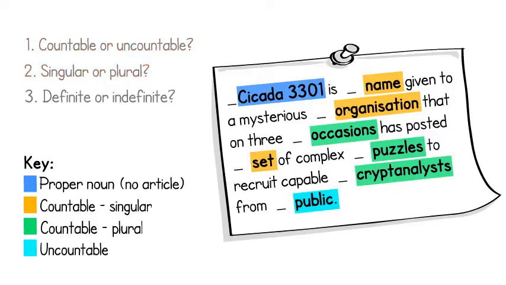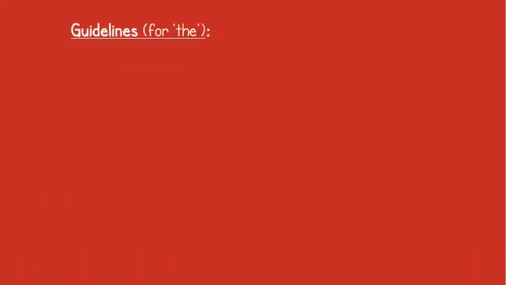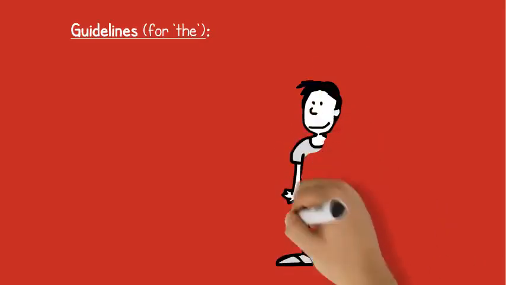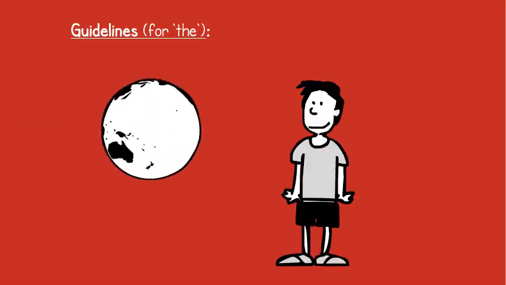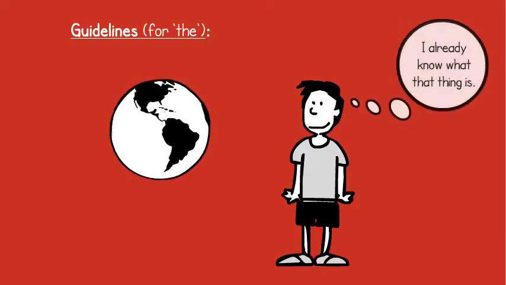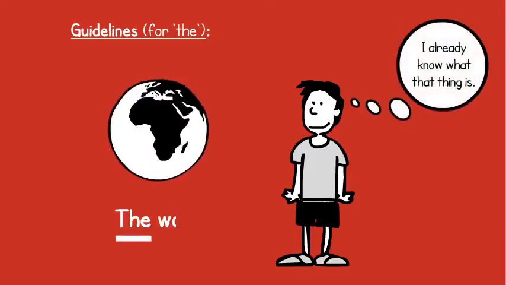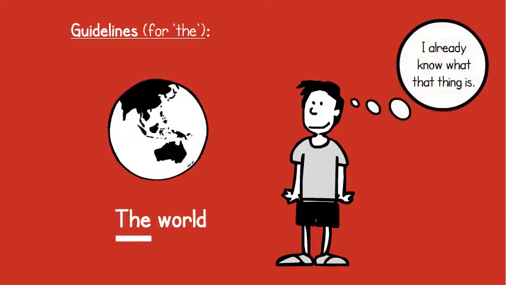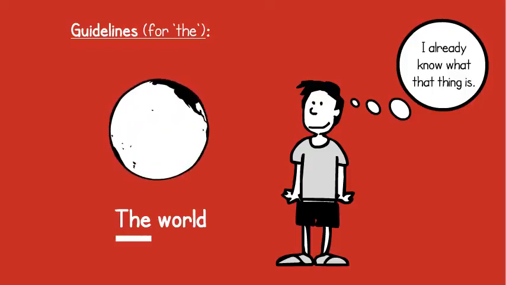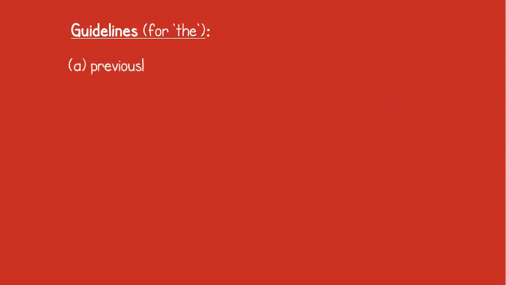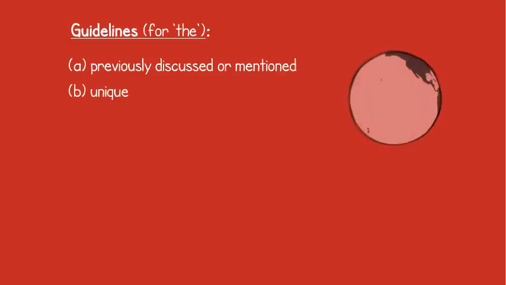For most students, though, the most difficult aspect of articles is whether a noun is definite or indefinite. Let's consider some general guidelines. We use the definite article the in front of nouns that we think the listener or reader knows or is aware of because of the context or their own experience. Therefore, we can use the with nouns that have been previously discussed or mentioned,